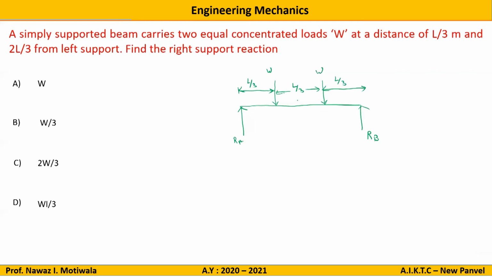Now you can solve it also, but you can also see by symmetry that it is a symmetric object. So if the symmetry is there, this W will be balanced by this force, and this force will be balanced by this force. So I will write therefore RB is equal to W without solving anything. You can also solve by applying summation of Fy is equal to 0 and summation of moment about this point equal to 0. Then also you will get the same answer, but in MCQ we have to try for logical reasoning. So the answer will be option A. Next question.